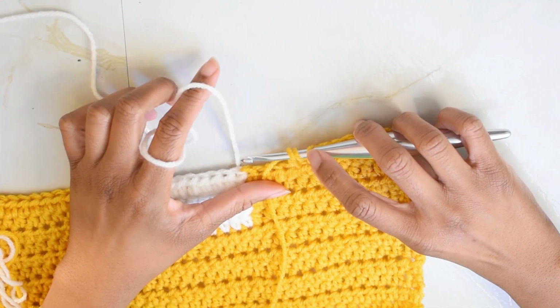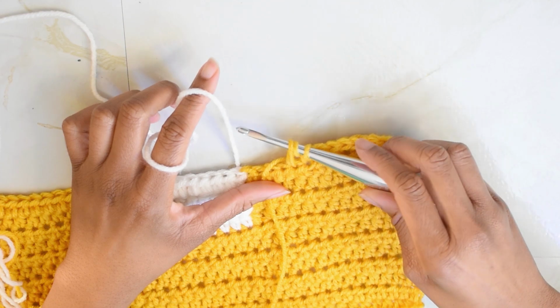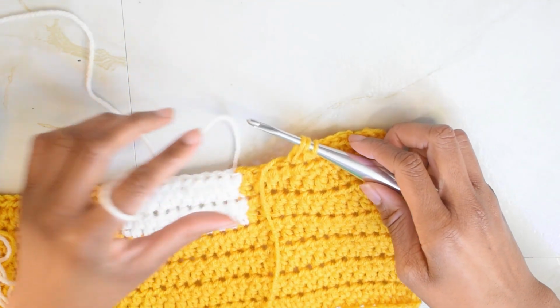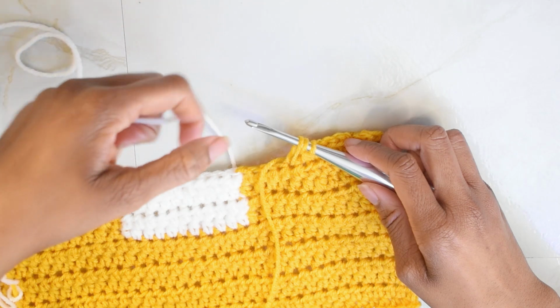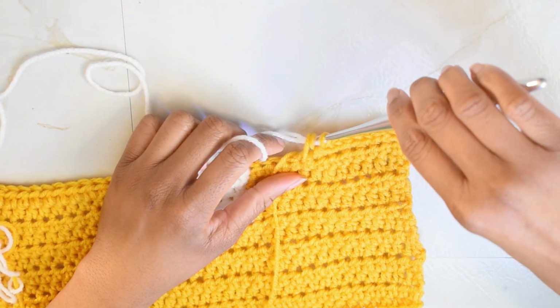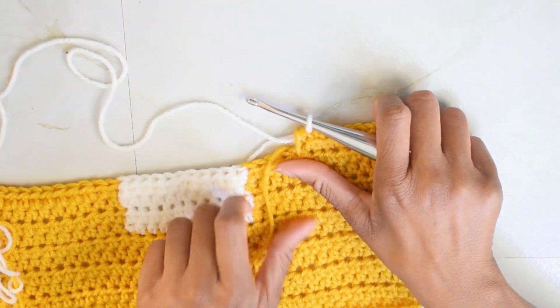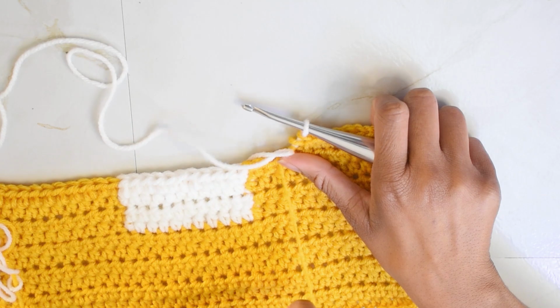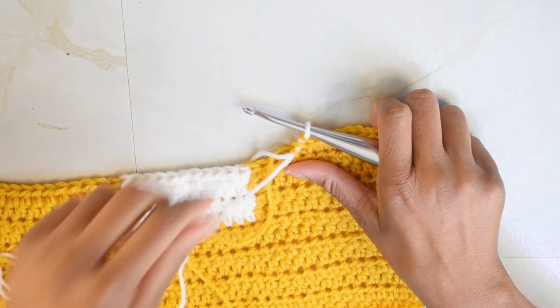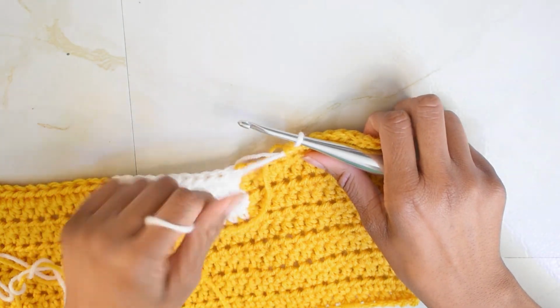Alright, now I have reached that 7th stitch, and I'm not going to complete it with color A. Instead, I'm going to change over to color B very loosely because it's kind of stretching over from where we dropped it off in the last row. And I'm going to give color A a little tug so it brings my stitches down, and then we can go ahead and start working